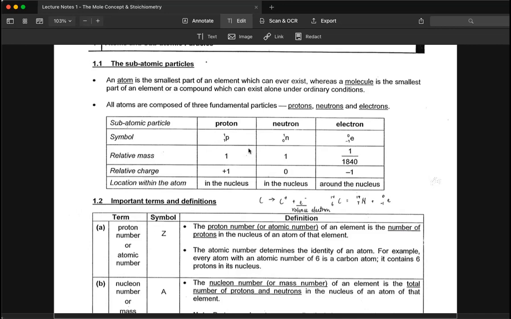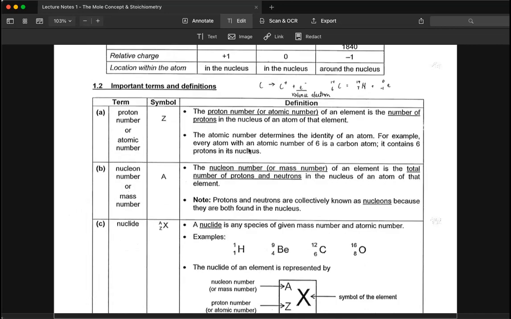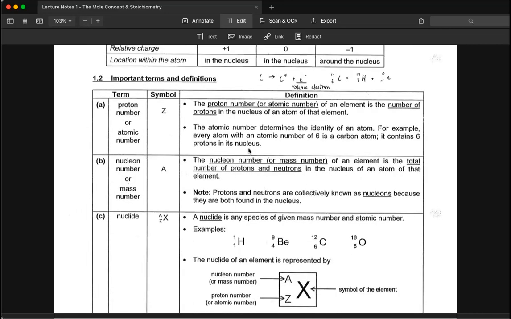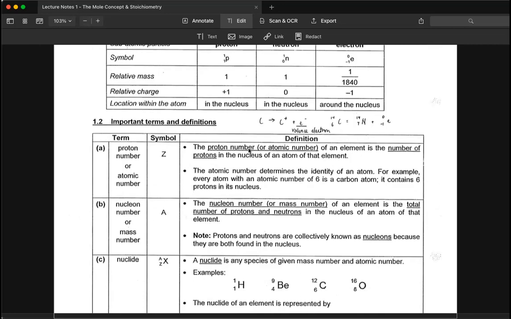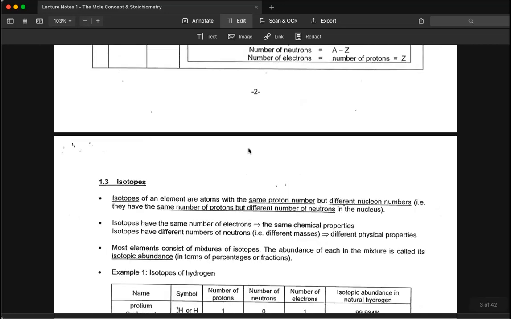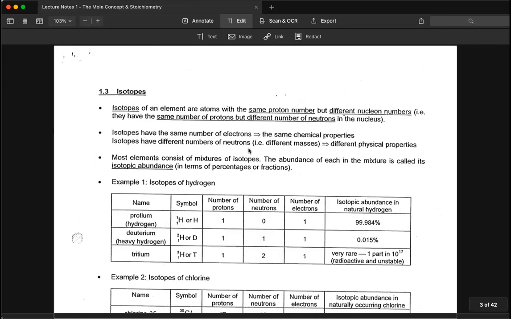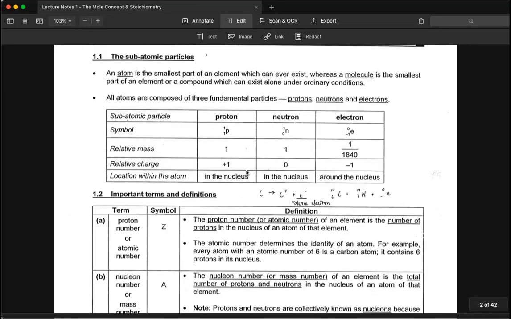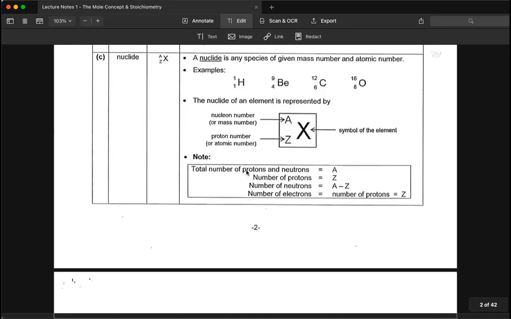All right. Now, I will not go through all these details, which are already covered at O-level. Even for isotopes, I will not go through it. If you are interested in the notes, you can feel free to